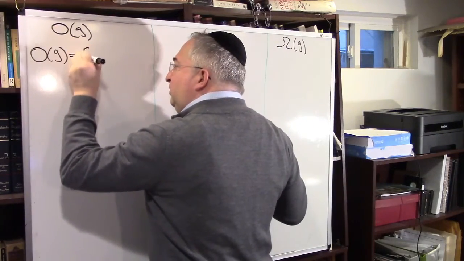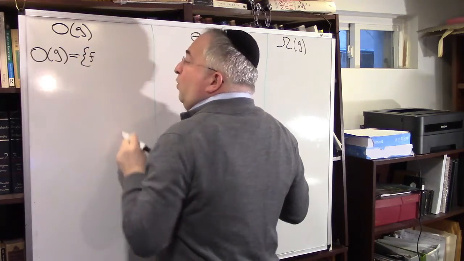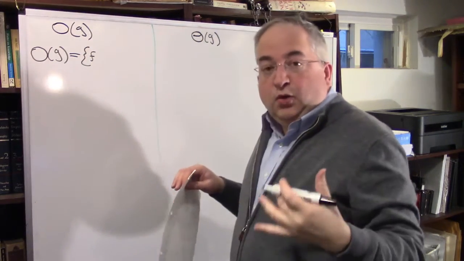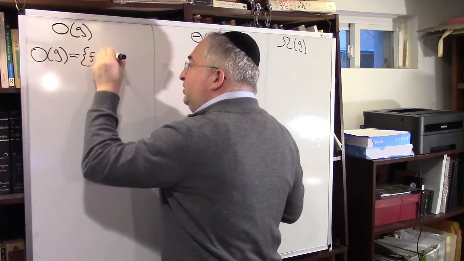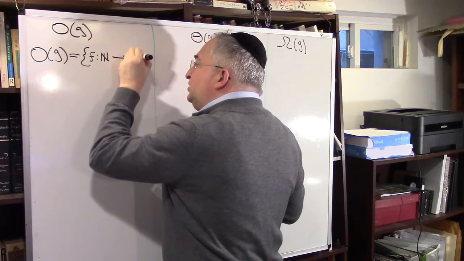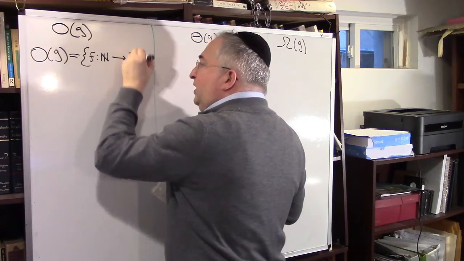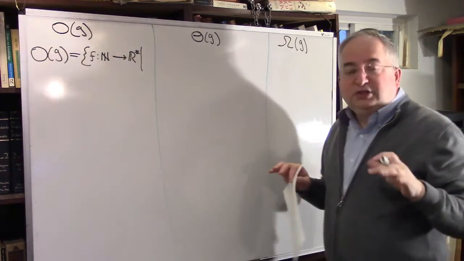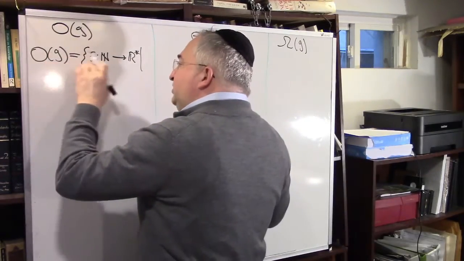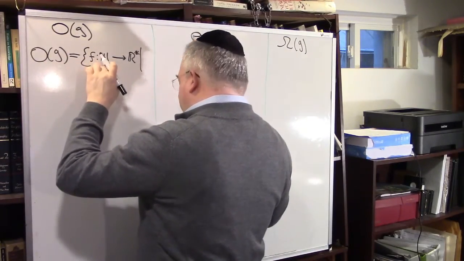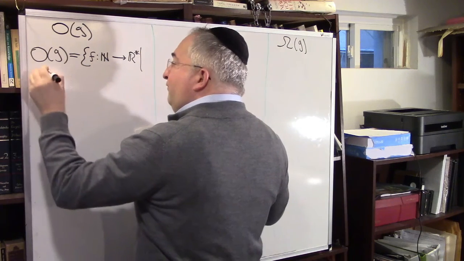This is equal to those f. What type of functions are we discussing? We're discussing functions from the natural numbers to the real numbers star. Those are the functions that correspond to algorithms. That's what we're interested in. And we say, what's O of G? These are those functions such that for